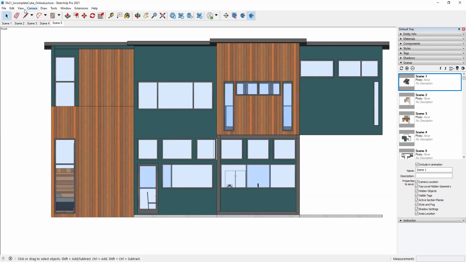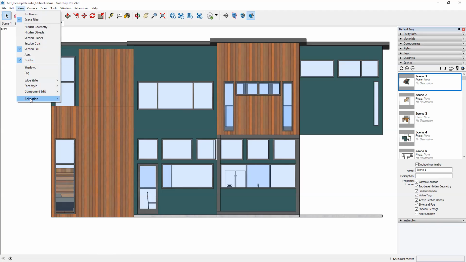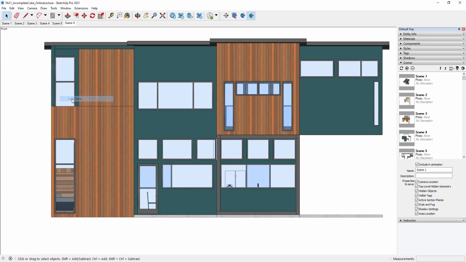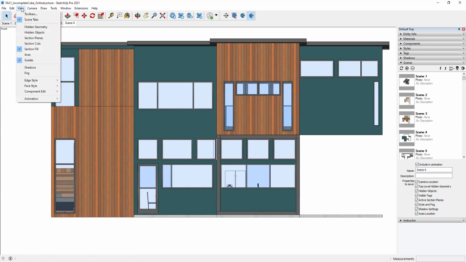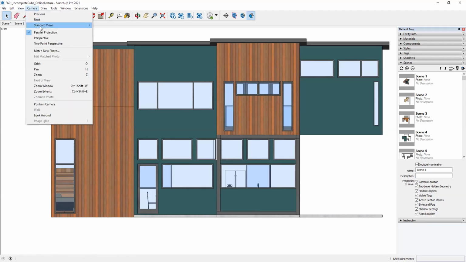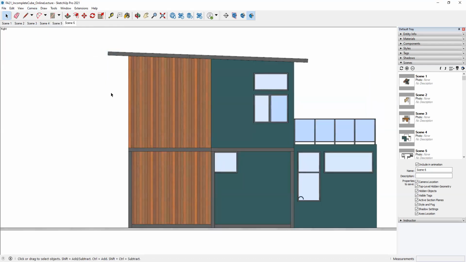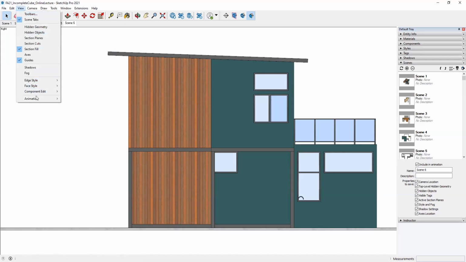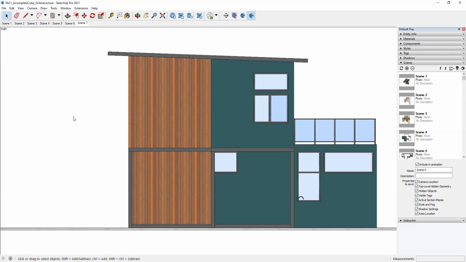I'm going to go to view, animation, add scene. Now we're going to create one more. We'll go to view, sorry, camera, standard view. And I believe I said it was my right view. Yep, right side view, and create another scene here. View, animation, add scene. So now we have our 2 floor plans, and I should be able